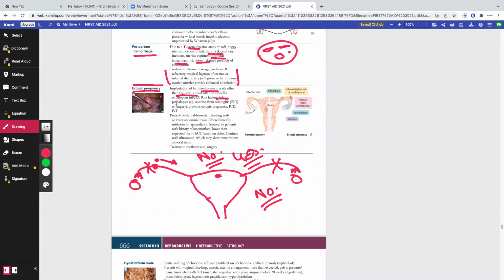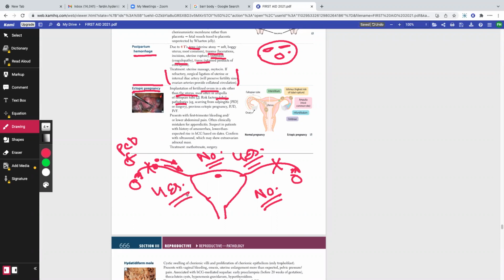Now, risk factors are tubal pathologies. Patients can have primary ciliary dyskinesia. Patients can have cystic fibrosis. Patients can have a previous history of inflammation. If there's a patient who has had repeated salpingitis or endometritis, do they have more chances of fibrosis and synechiae formations? Yes or no? The answer is yes. And if there's a history of surgery, can we also expect some sort of occlusion for the movement of the zygote towards the uterus? Yes or no? The answer is yes.